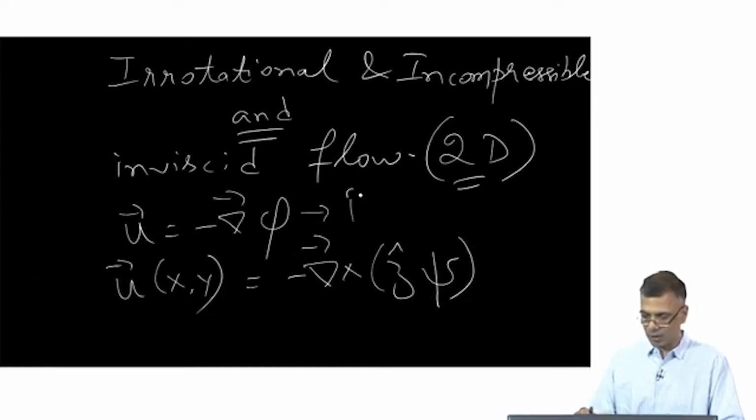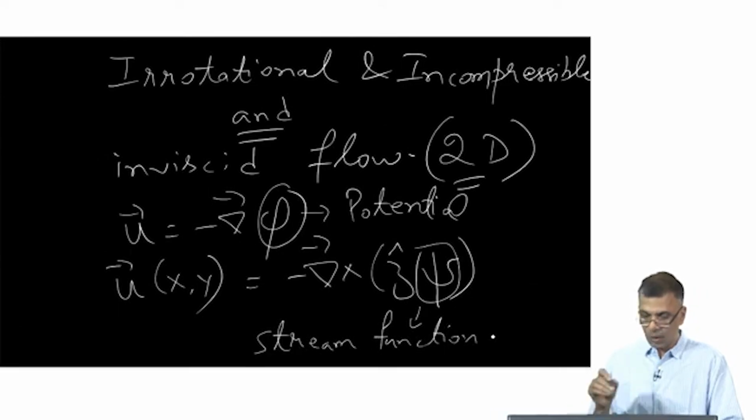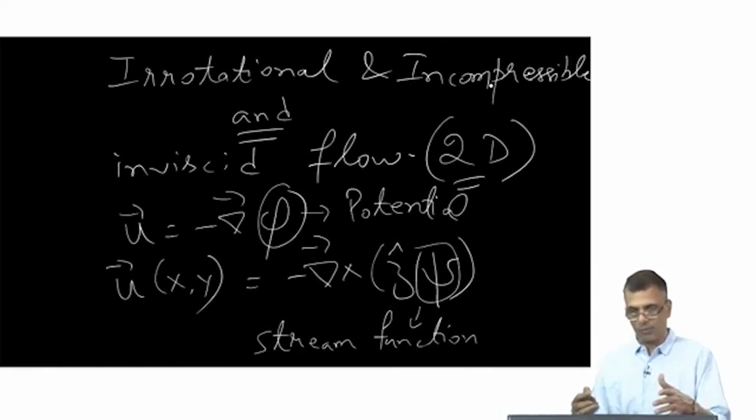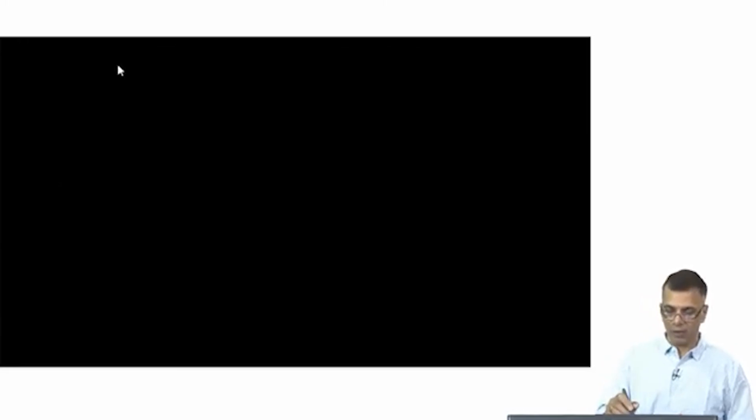So this is the potential, and this thing is called the stream function. If all these conditions, irrotationality, incompressibility, inviscid, and 2D, are satisfied, and they very frequently are, both these hold, and in which case it turns out very interestingly that